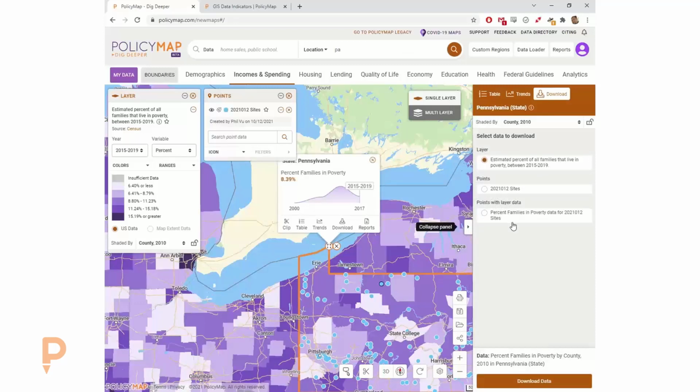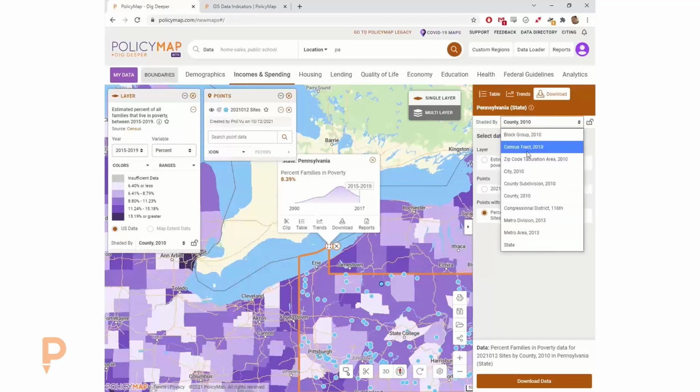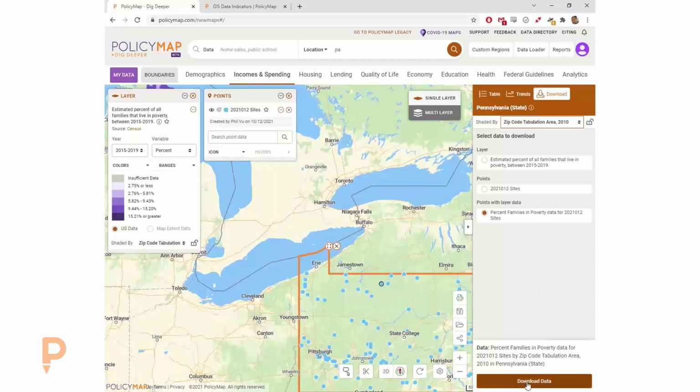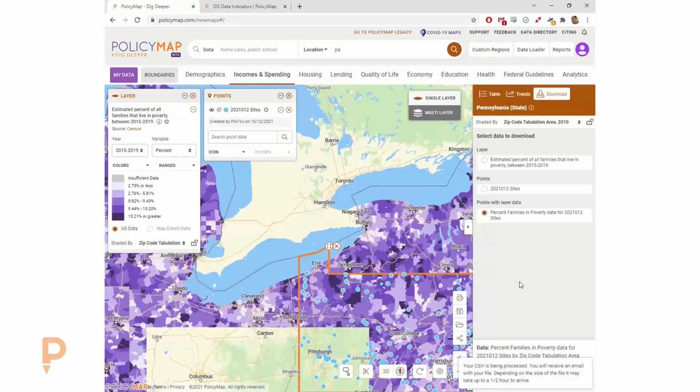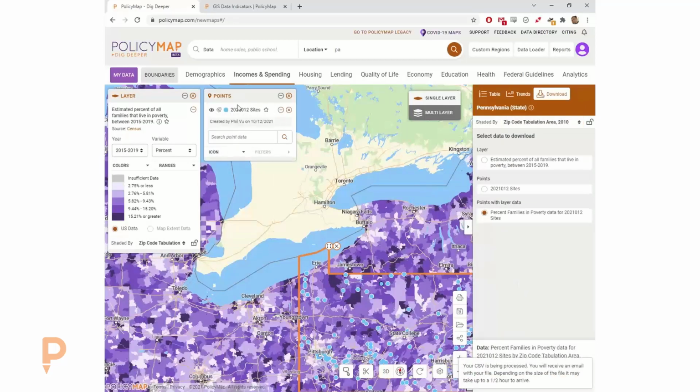But from this page here, what you'll get is the ability to download either all of the data layer, which is persons in poverty or families in poverty, your points, which is the points you uploaded already, or the combination of those 2. So now you're joining these 2 things together, and you're going to get a list of all the addresses you've uploaded, joined to, in this case, the counties, but we don't want the counties. We want to get a smaller geography. So we can select this and say, I want to get zip codes that each address sits in. So what this will give me is a list of all my students that I've uploaded, joined to the zip code that they're in,